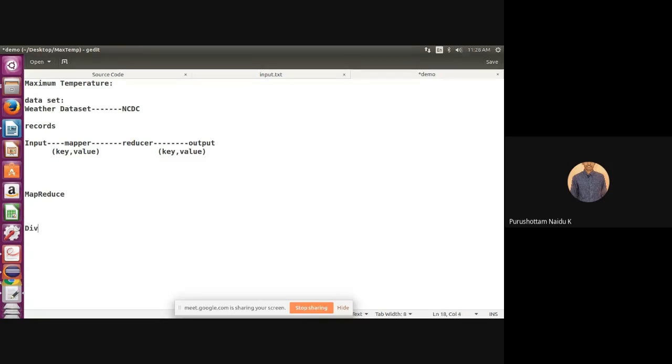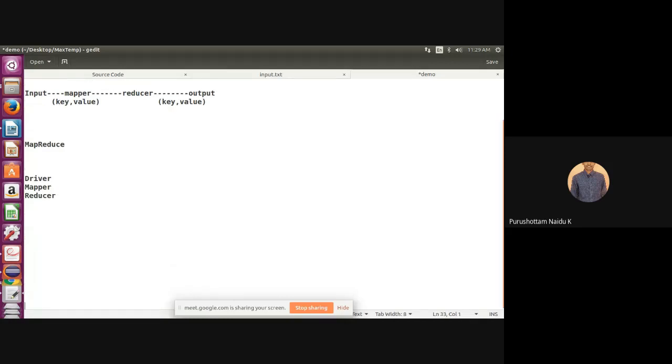One is called the driver class, second is called the mapper class, and one is called the reducer class. Every MapReduce program mainly contains driver code, mapper code, and reducer code.